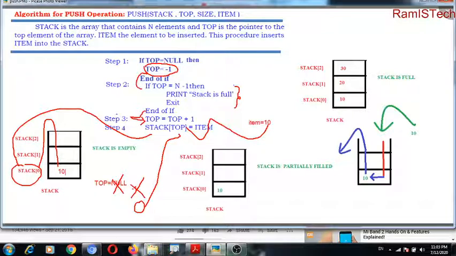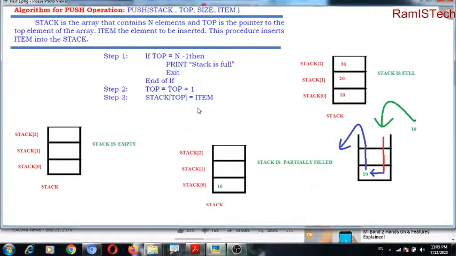So this is the perfect algorithm for this case. But for both cases, you can take that example. Usually you will consider this approach only because of marks related criteria.